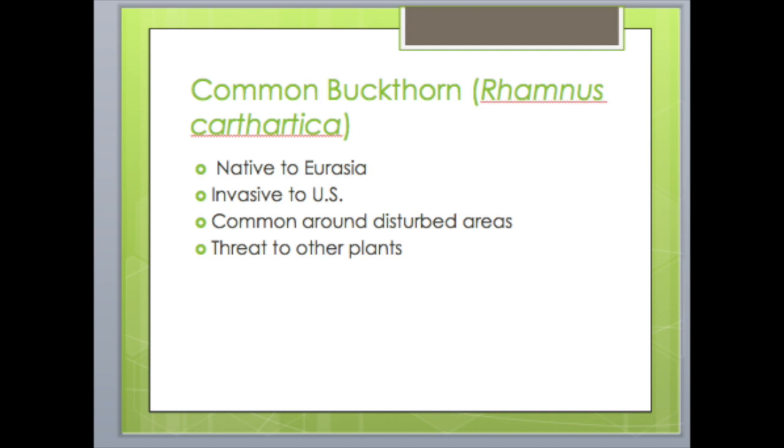It is considered an invasive species. The term invasive species means it's an organism that causes ecological or economic harm in a new environment from which it's not native. In Minnesota specifically, it's found throughout the state, with the highest densities in forested and urban regions in the south half of the state. It's prevalent in disturbed areas around habitat edges such as roadsides and urban landscapes.